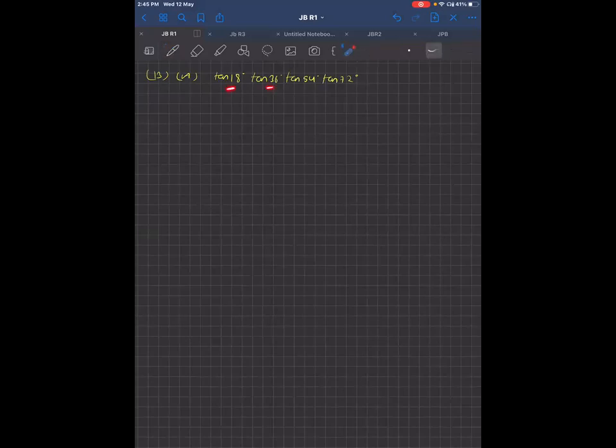Here we don't know the value of these, so convert half of the tan in terms of cot, as we have done today in class. This tan 72 in terms of cot can be written as cot of 90 minus 72, which is cot 18. This tan 54 can be written as cot 36. Now this tan 18 into cot 18 multiplication is 1. Tan 36 into cot 36 multiplication is 1, because tan theta into cot theta is equal to 1, because cot theta is 1 by tan theta.